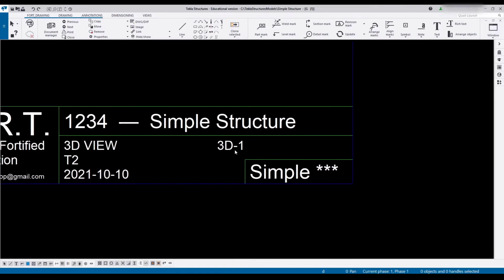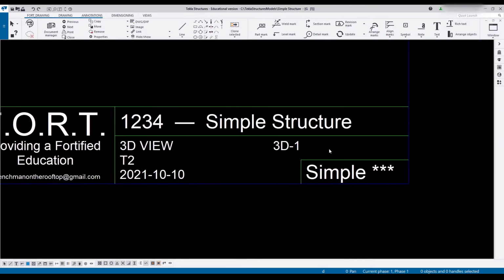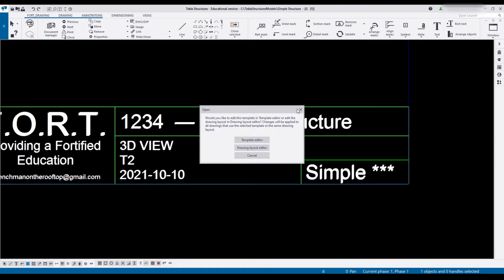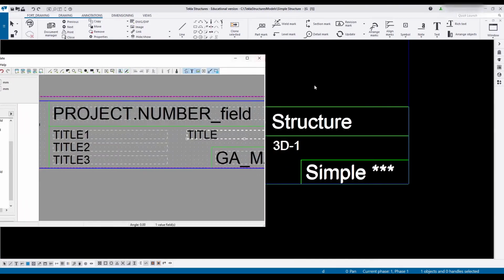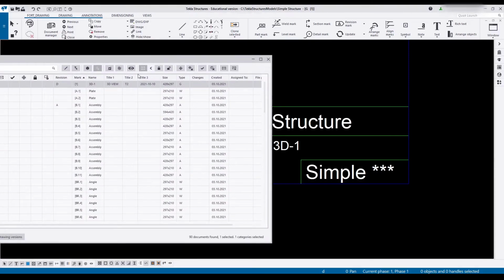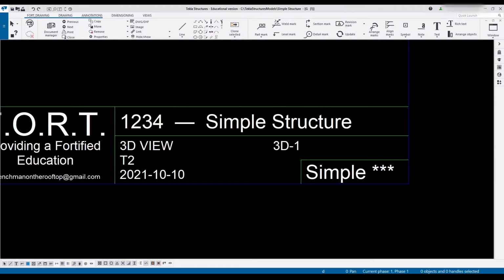Is that 3D1? So 3D1 is what we said we'd like our drawing number to be. And therefore we can see our drawing number shows up with the title, even though in here it says name. Next, mark, which is 1, is showing up